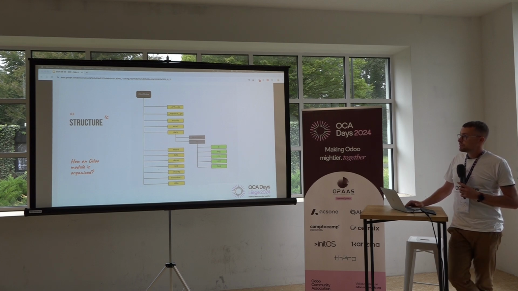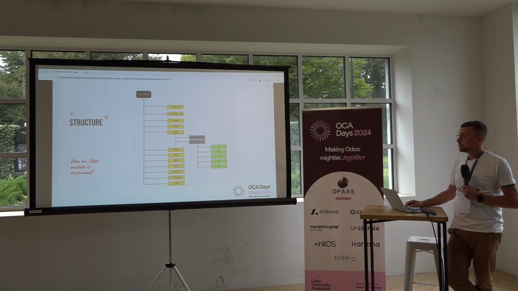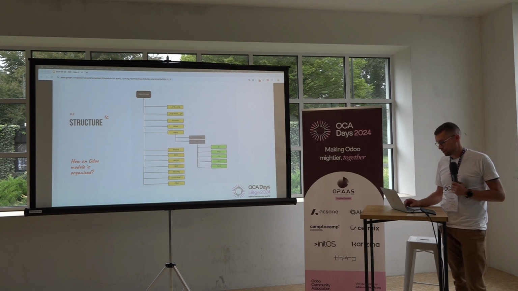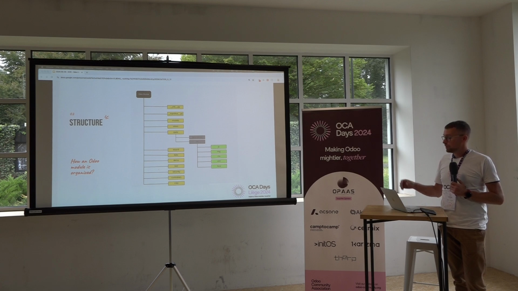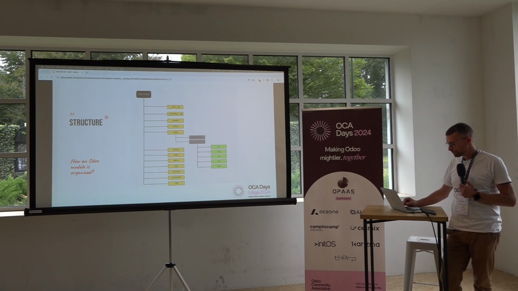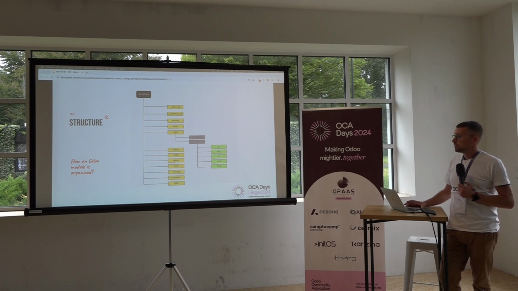A models folder with all the business logic, where you create new models or add features to an existing model, for example res.partner or sale.order. The views folder, which is to add something in the Odoo views, so in the displays. A static folder with mainly JavaScript and images,